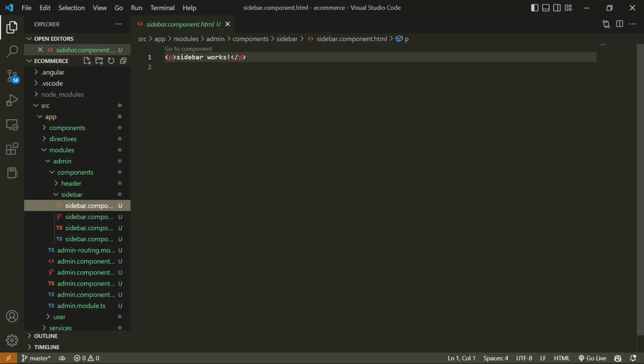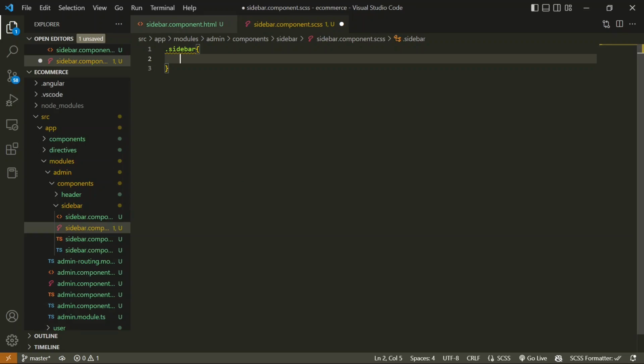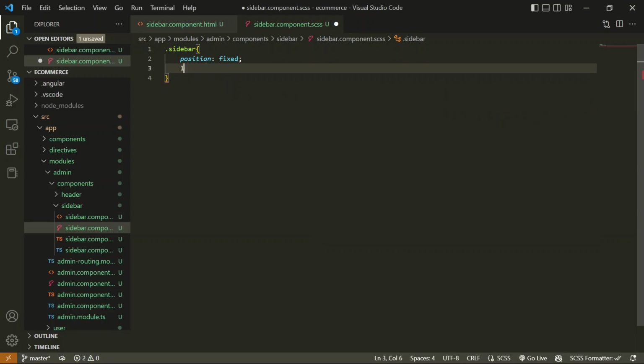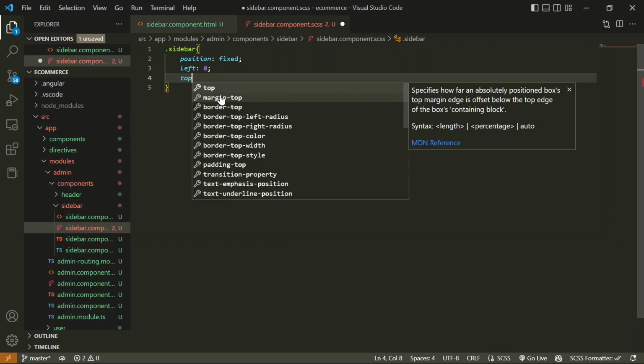So now let's discuss the basic property of a sidebar. So sidebar should stick to the left hand side of the screen with the width of almost 20-25%. So let's do that. So now I will add a new div over here whose class will be sidebar, and we will add some CSS in this sidebar class. And before that I will just add a text over here as sidebar. So sidebar will also be a fixed position CSS. So I will add a position as fixed, and this will stick to the left hand side, right? So left will be 0. And in this also, we can give top as 0 as well,